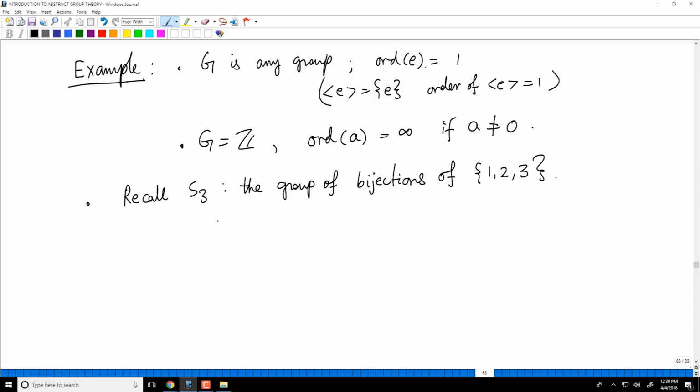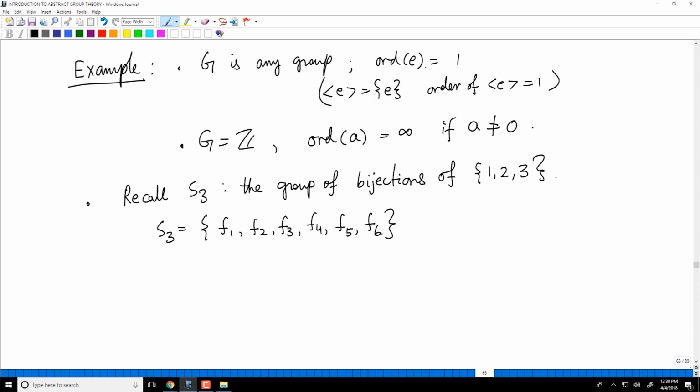And in the video, when I discussed this in detail, I used the notation F1, F2, F3, F4, F5 and F6 to denote all the bijections.